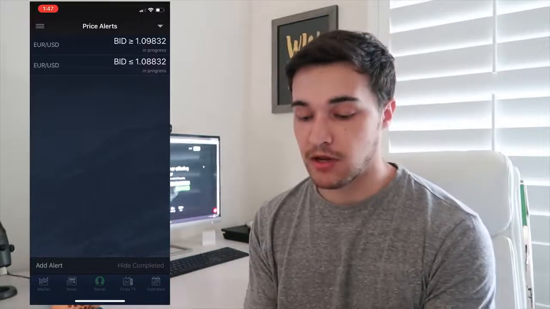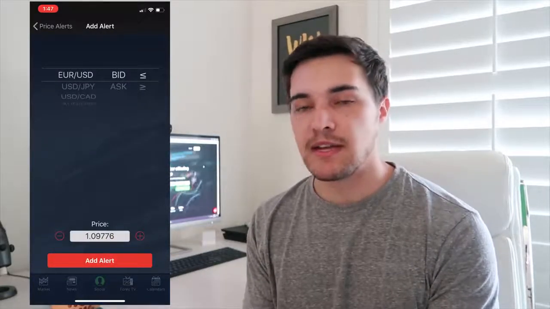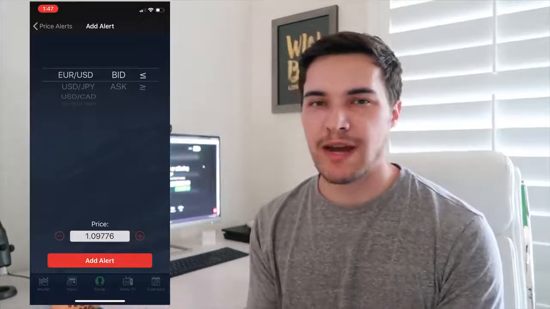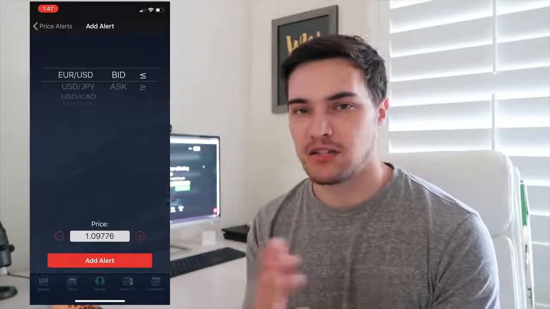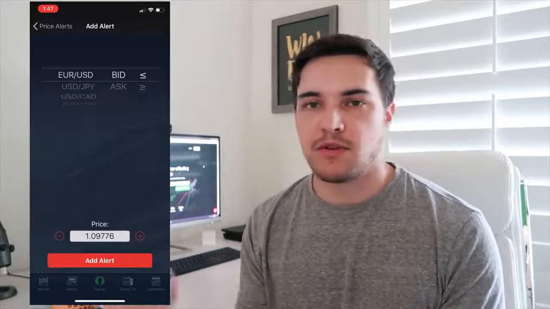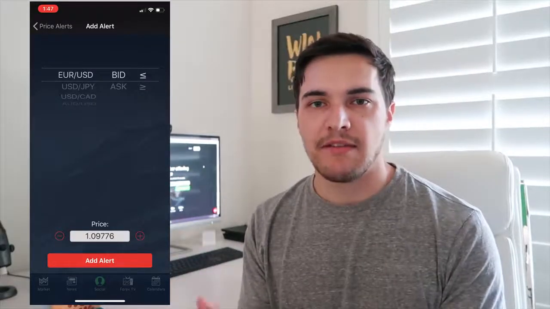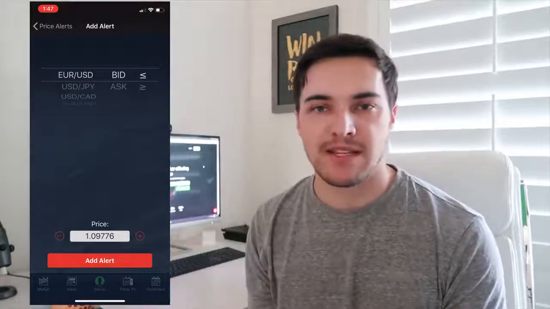What you're going to do is click on add alert at the bottom left. Make sure you're on Euro USD and make sure you leave it on bid. You can do ask if you want, but I recommend bid. It's just a lot easier. And if you place the buy on Euro USD with your broker, whatever brokerage you use, and your take profit is at 1.10,